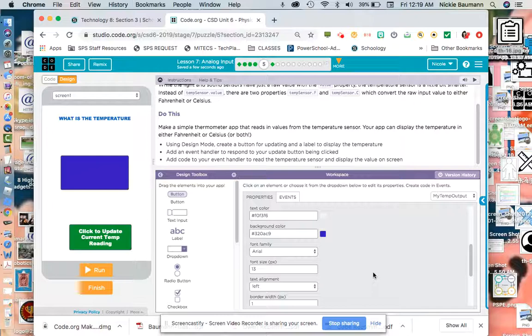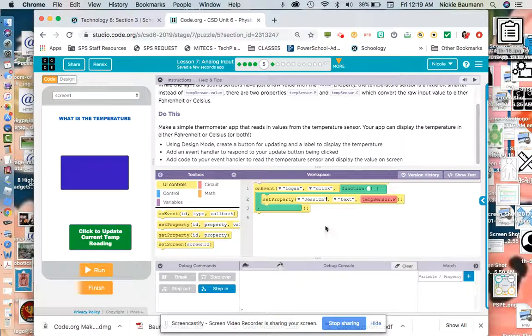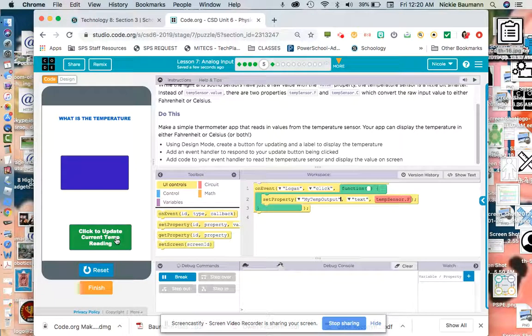Okay, so I'm going to go back. Again, the name of this box, remember, it's a text input. So you definitely want to bring that to the screen and not the text area. So text input. I'm going to go back to the code, and now I'm going to click on the set property here, and it should be my temp output. So it's important to name our IDs right. Okay, and what it's going to do is it's going to output text, and it's going to read in the temperature. So I'm going to run, fingers crossed, and there's my temperature,